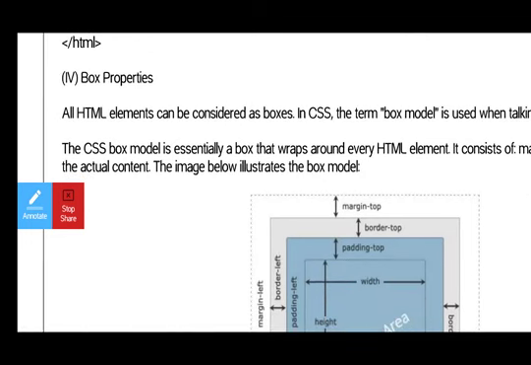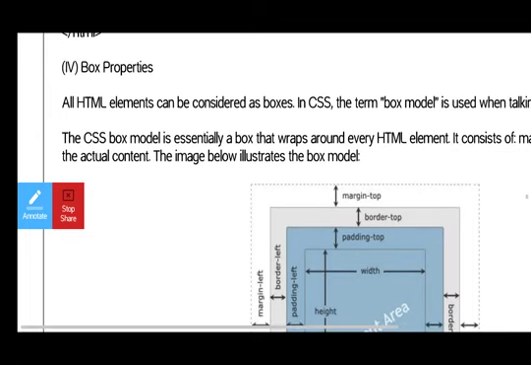So next one is about box properties. Here, whenever we have a cell, we are going to consider it as a box. So how are we going to define box properties?